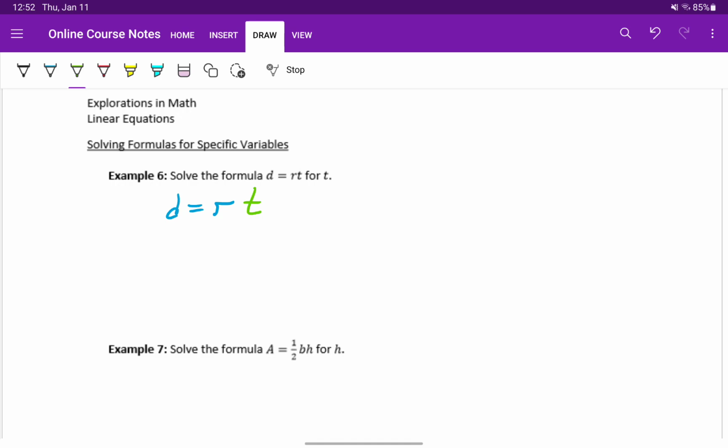First, we want to simplify as much as possible. Then we want to isolate our variable terms and our constant terms. Those first two steps are taken care of for us because in this case, d is a constant term because we're treating t as the variable, and r times t is our variable term. So we're up to the step where we can multiply both sides by the reciprocal of that coefficient. In this case, we'll multiply both sides by 1 over r,